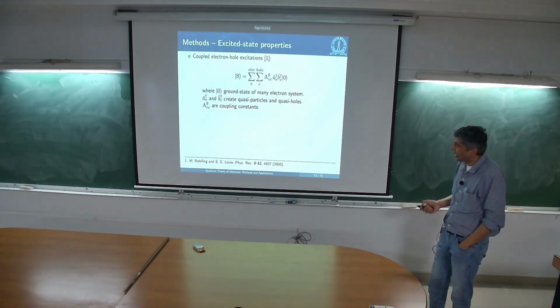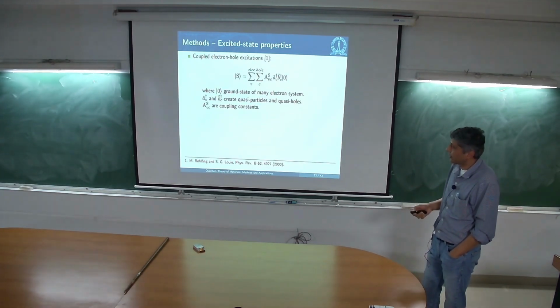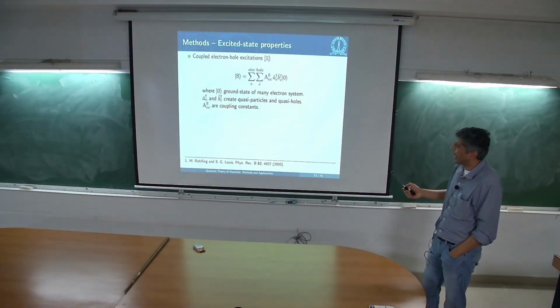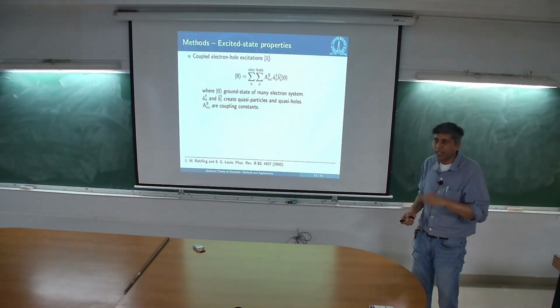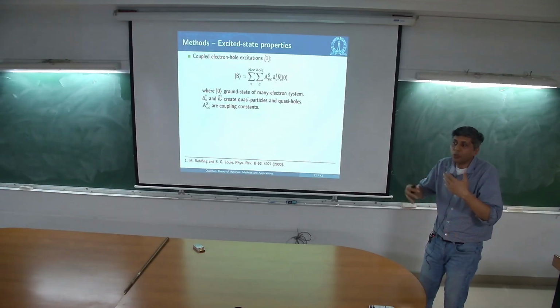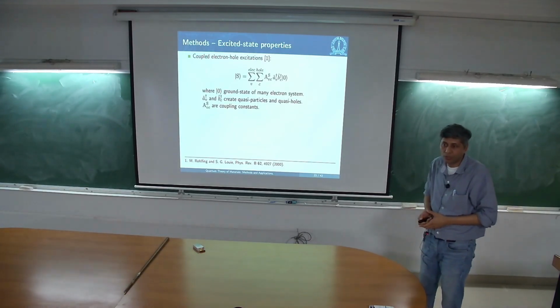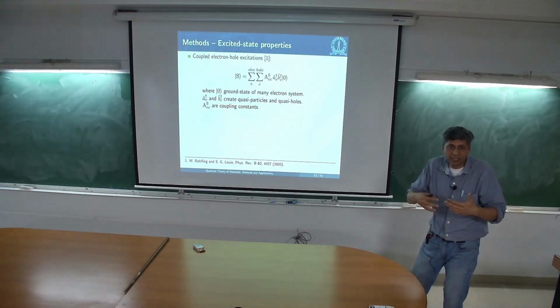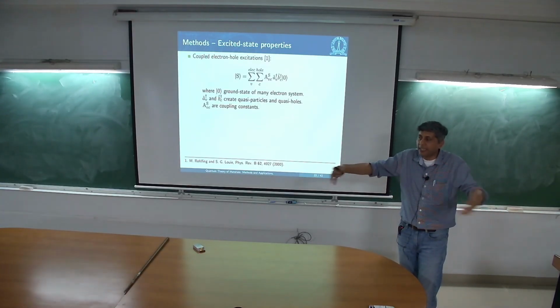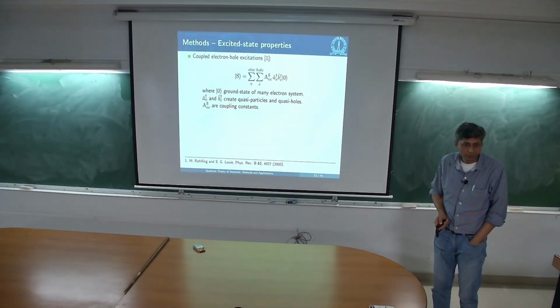So again, the idea is that we are going to think of the state of the system that we are now constructing as: I have a ground state, I create an electron and I create a hole, but now I am allowing them to talk to each other, right? And I have to now find out what these amplitudes are. Once I find this, it is like an envelope function if you wish, and this is going to give me my entire electron hole. So, Manish, they may contain bound states, like as you said.